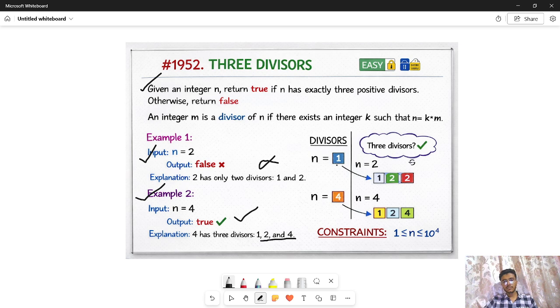1 is a divisor of all numbers. Only numbers with exactly 3 divisors return true. Here n is between 1 and 2 to the power 4. Let's go to